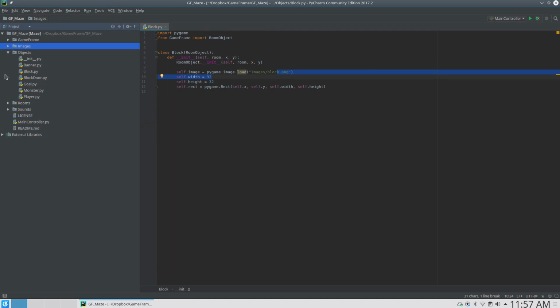And we also have the room. So you could have multiple rooms in a game. You could have multiple mazes, or you can actually change to a different type of game. Once you complete one level, you go to a different one. So if we have a look in this is